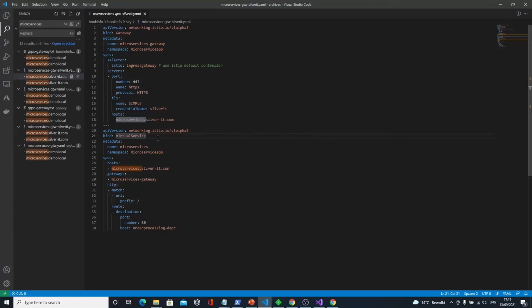In this case, I did not provide anything special, but it tells me, okay, for this host, take the config of this gateway, and then for slash, so the host header HTTPS and then slash, it will route to, without rewriting anything in this case, the order processing Dapr service, which is one of my hosts. And so I have rules like that for order services as well. So that's also something that you can do.